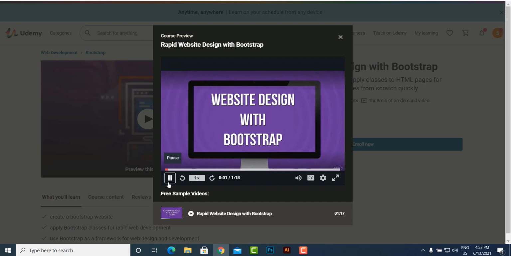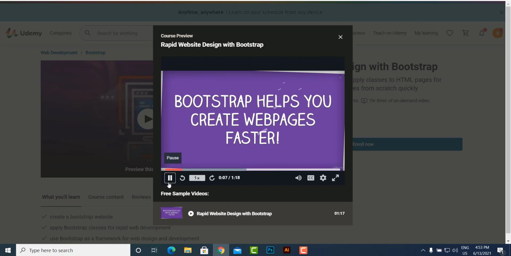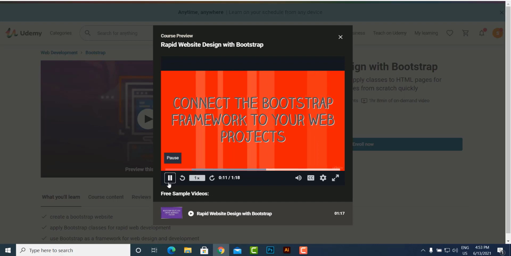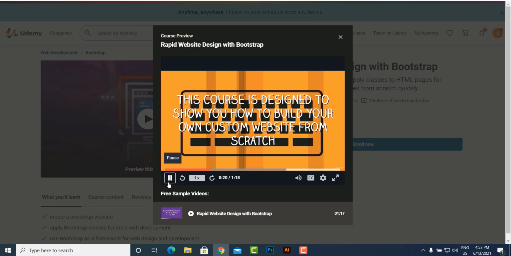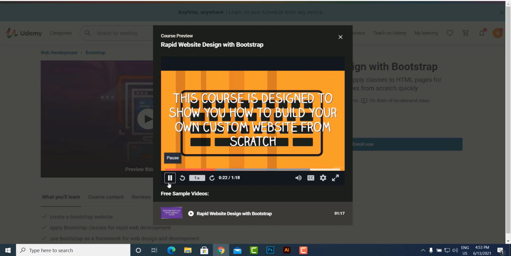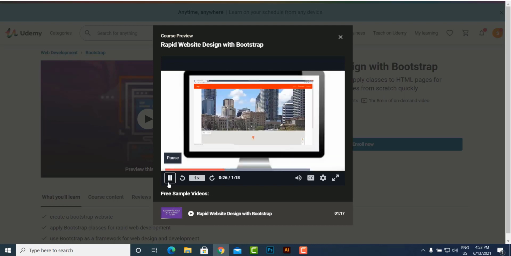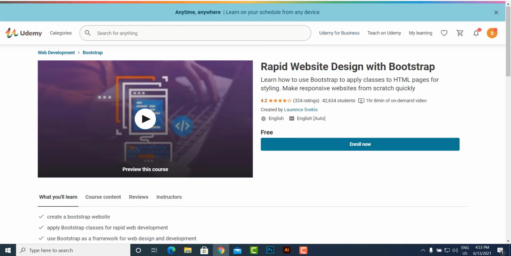Bootstrap helps you create web pages faster. Connect the Bootstrap framework to your web projects to access amazing classes that can easily be added to HTML pages to create styling. Bootstrap also provides a number of commonly used components that can also be added with classes and attributes into your web pages. This course is designed to show you how to build your own custom website from scratch using Bootstrap as the framework. Bootstrap has you. Okay, the next course is